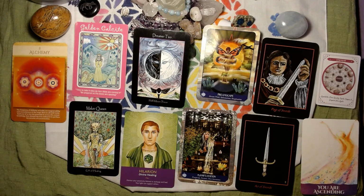Because seeing golden calcite, it's telling you that it's time to take it easy as new ideas are coming in. Be prepared as new doors are opening. That's telling me that the stage you're in in this process, this has been something you might have been doing for a while, and you're having new doors open to you. So if something is feeling stuck and stagnant, or stressful in some way, now's really a time to take it easy